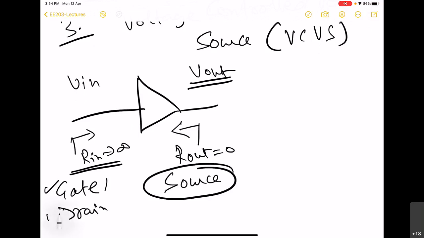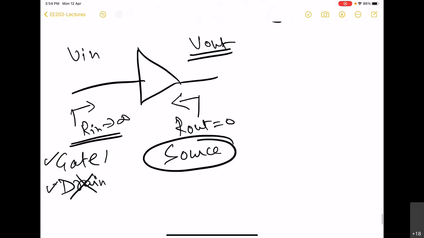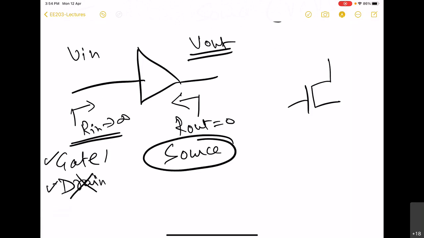In fact, it is always used for the output, so we are not going to use this one. So we have to use the MOS with gate as input and source as output,